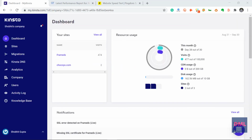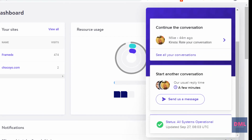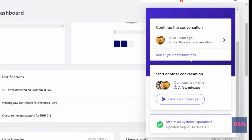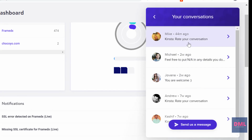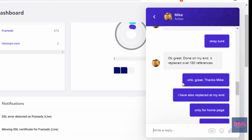In the duration of 2 months where I have hosted my 2 sites on Kinsta, I have raised multiple tickets to get help on website migrations, setting up a website, DNS propagation, and SSL issues. Let me show you now how my queries were responded to, and how good or bad they were. This is the latest one, which I raised today only,